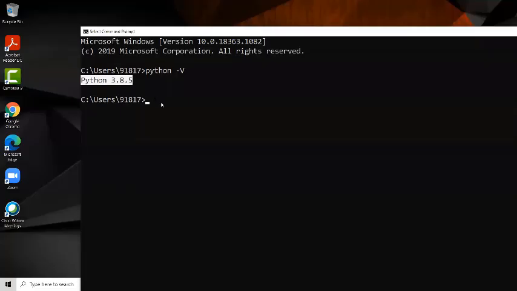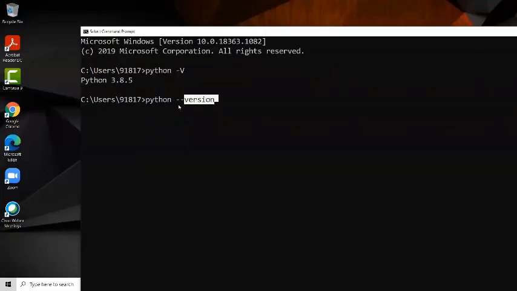Okay, so is it clear? The other command for version, what is that? python hyphen hyphen version, in small letters. In the earlier case, hyphen V, V is the capital letter.